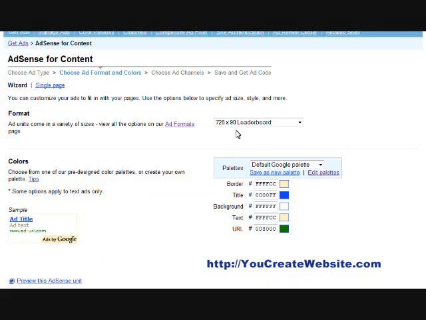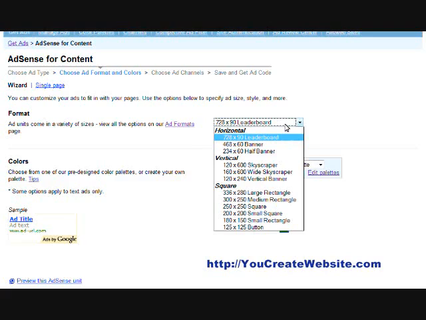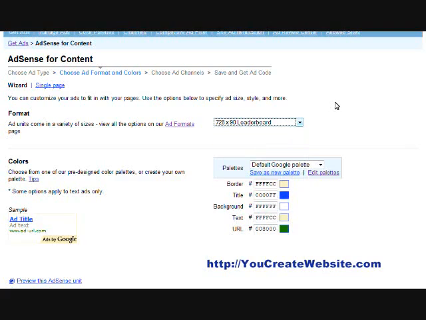your back arrow, right here is where you actually choose the size ad that you're going to use. The most successful ads that Google has found have been the 336 times 280 large rectangle. Next would be the 300 times 250 medium rectangle. And then next is the 160 by 600 skyscraper. So you can choose whatever you want, but those three are the three most successful that